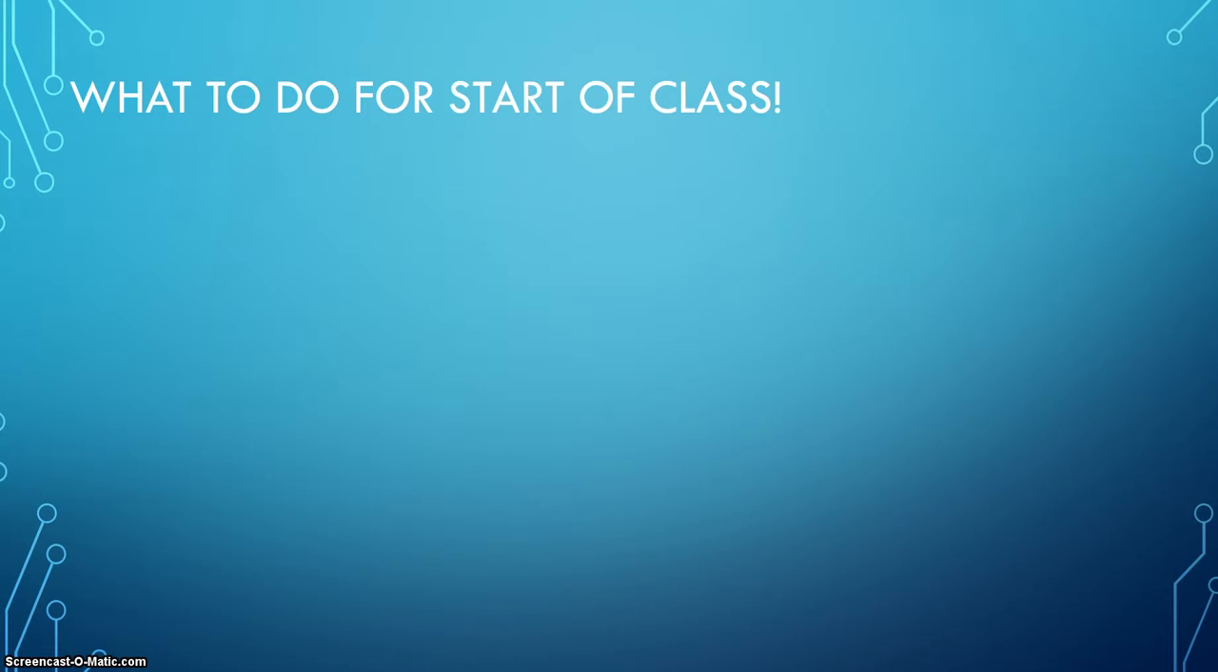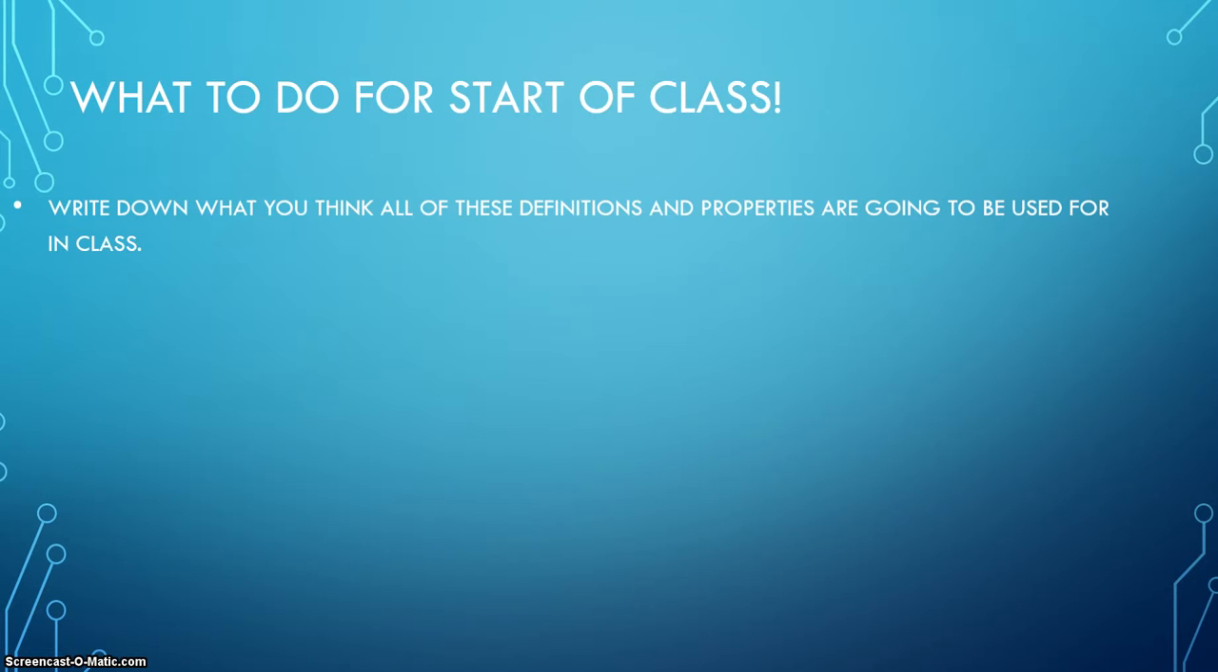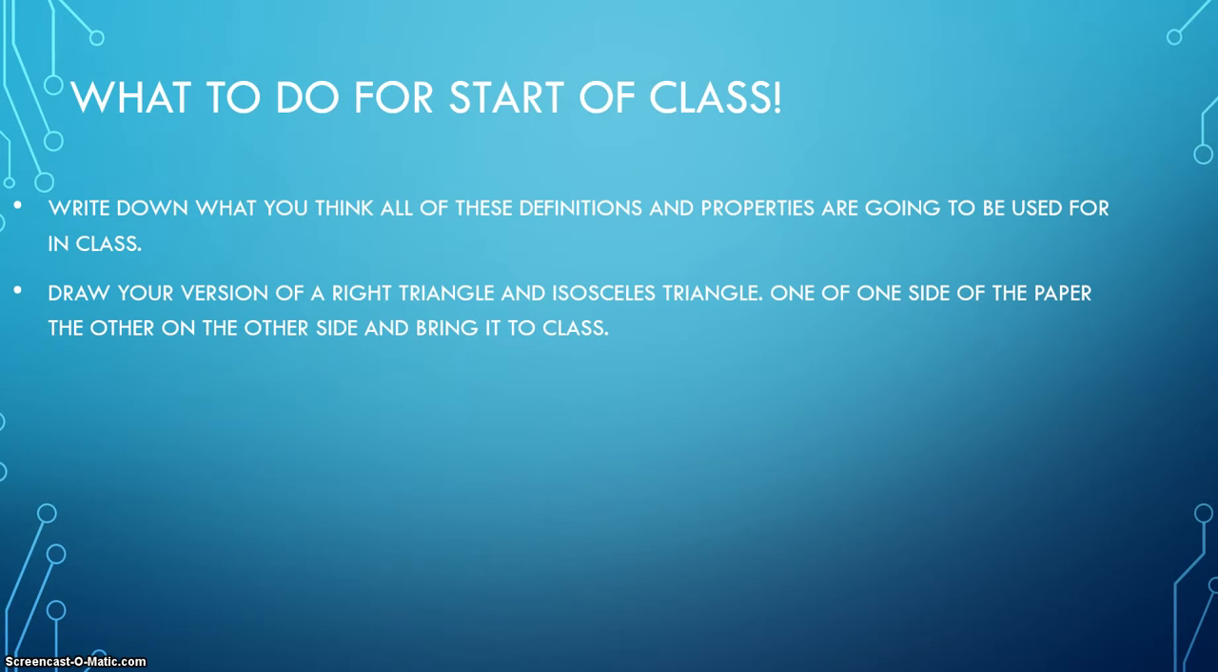So here's what you need to do for the start of the next class. Write down what you think of all these definitions and properties and how we're going to use them in the class. It doesn't have to be detailed, just enough to get an idea of what's going to happen. I want you to draw your version of a right triangle and an isosceles triangle, one on one side of the paper and the other on the other side, and then bring it to class. And I will see you